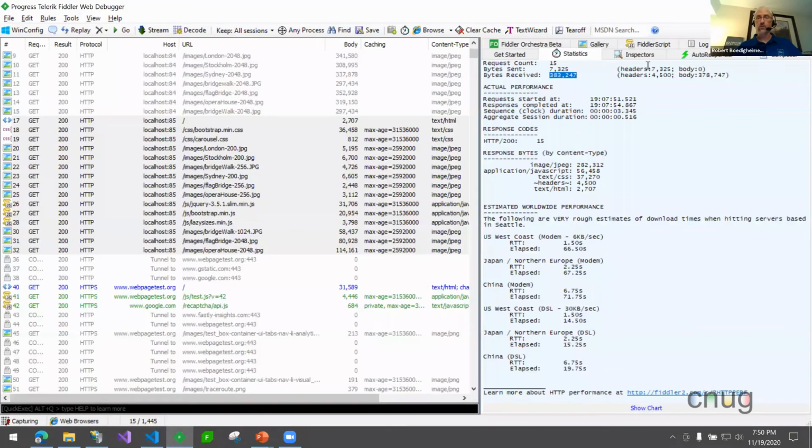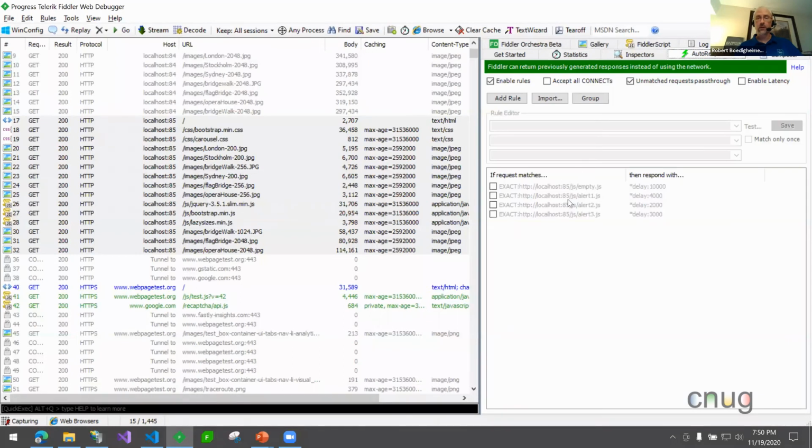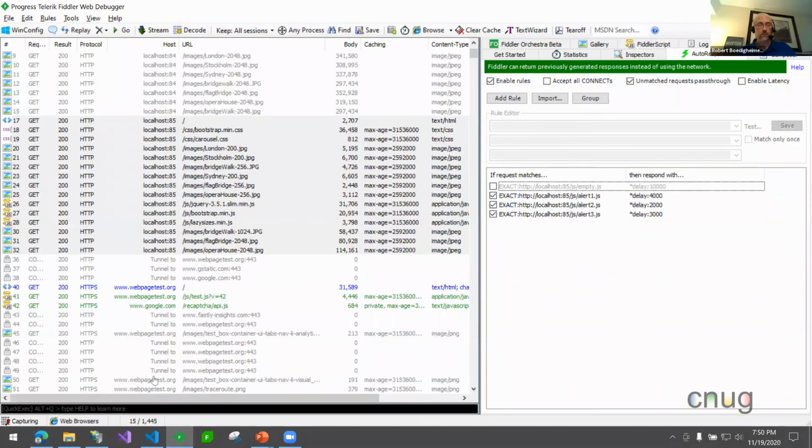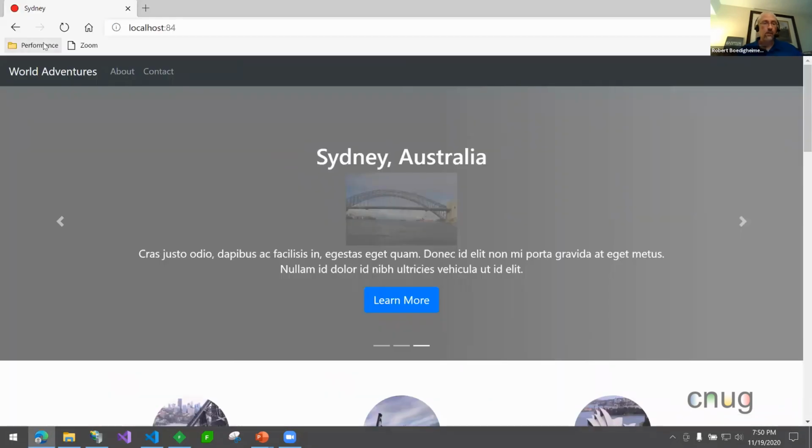So I'll show you another cool thing about Fiddler. In autoresponder, you can set up rules. So I took those 3 JavaScript files and I made them intentionally slow. The first one is 4 seconds, the second one is 2, the third one is 3, because I want to know if these things are slow, what kind of an impact. So this is good to try with third parties to make sure they can't impact your site. So if I turn those on, let me make sure I have my autoresponder, it's all enabled, okay? If I go back and run that,